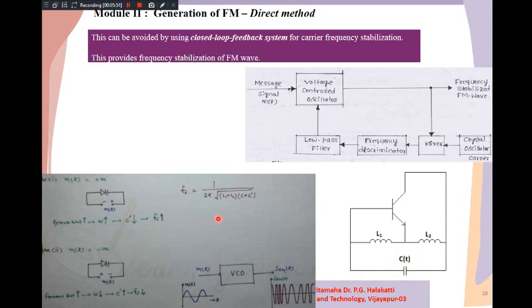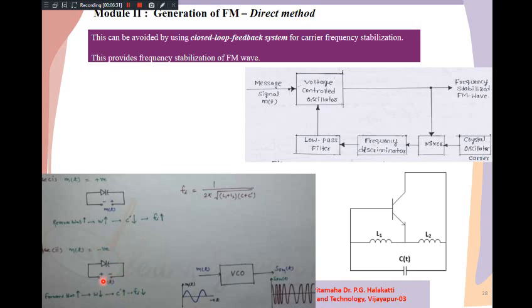Let us see how, during the positive peak of the message signal, the varactor diode is reverse biased. Because of reverse biasing, the junction width between the plates is increasing. Because the width is increasing, capacitance will drop down. So during the positive peak, when the capacitance drops down, obviously the frequency will increase. Similarly, during the negative peak of the message signal, here you can see